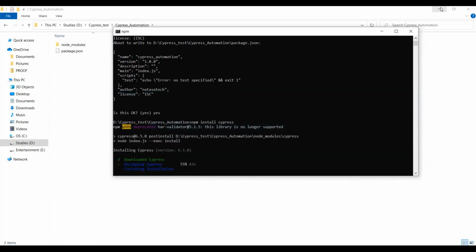And one thing, when you start with Cypress, it has a lot of advantages, because there is no additional framework we need to use here. Cypress generates the report inbuilt, and it also records your test results. It helps you analyze your test script results, and it takes screenshots and records video.